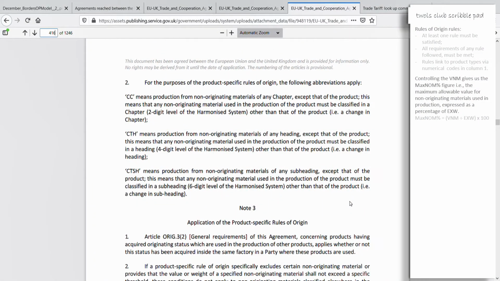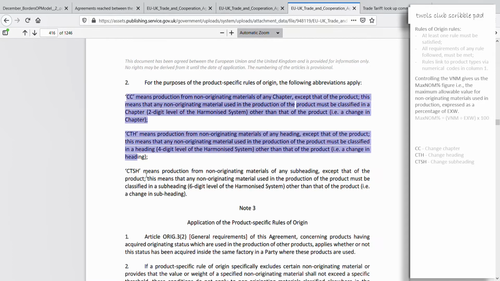We see some abbreviations. CC, CTH, and CTSH. As used in the harmonized system of the 2021 UK-EU trade agreement. All agreed materials and products have their place in this harmonized system. And the scope of products and materials is truly mind-boggling. But not to dwell. So, what do these abbreviations do? If you want to claim originating status for your product and claim preferential rates for your goods movements, then these abbreviations control from which area of the harmonized system your material codes may be retrieved.